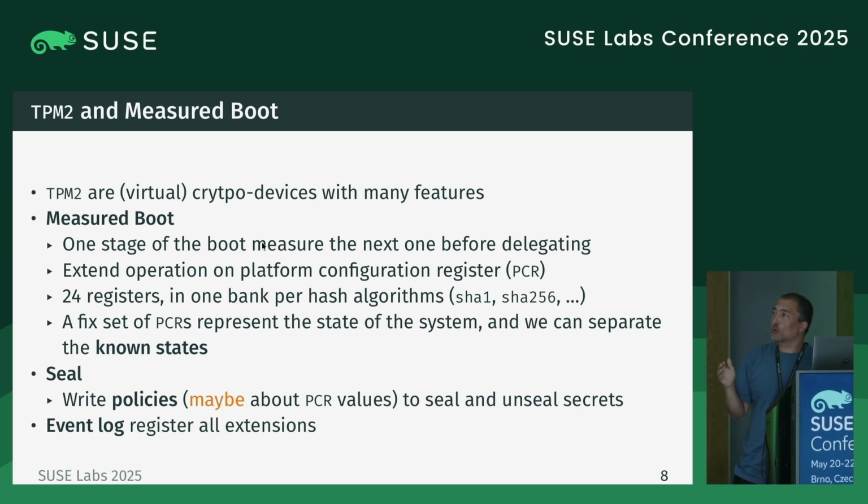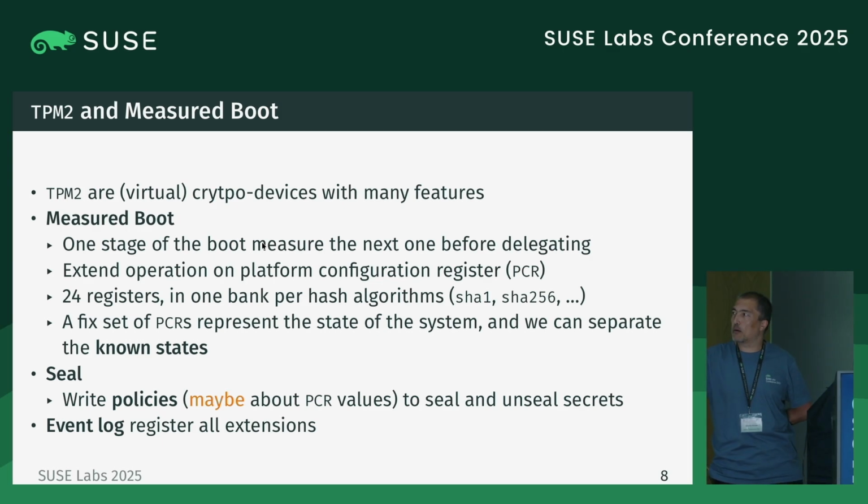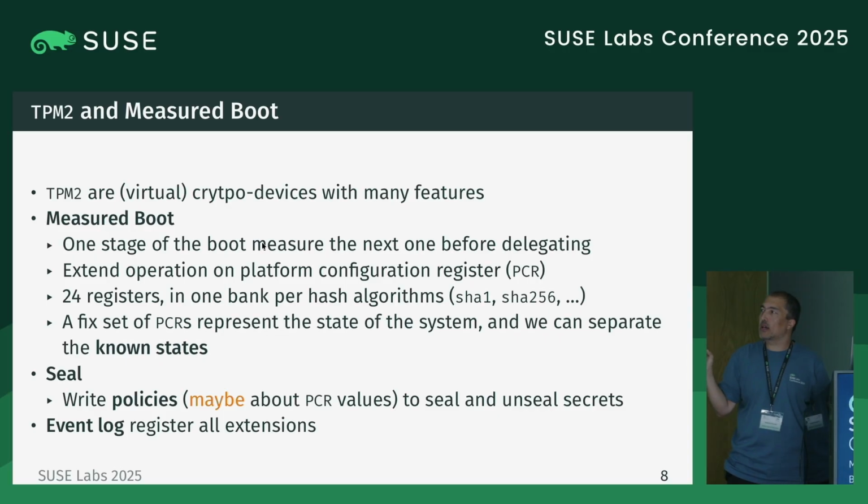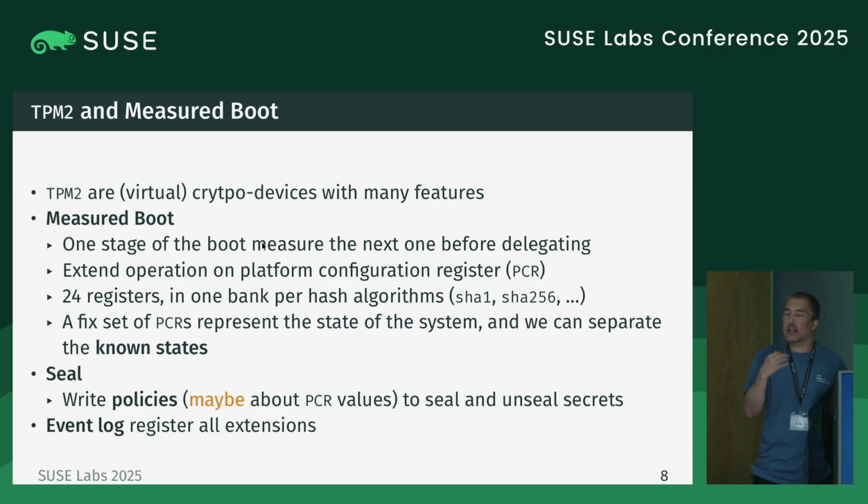Another feature that we're going to use is sealing. That is, you have a password, a secret, and the TPM is going to allow you to encrypt, to protect this secret using a policy and some internal information that is inside the TPM. Each TPM has some cryptographic key that is unique to it, that cannot be exported, and there are other keys that can be reset by the user that can invalidate everything that has been signed or encrypted by this TPM at any moment in time.